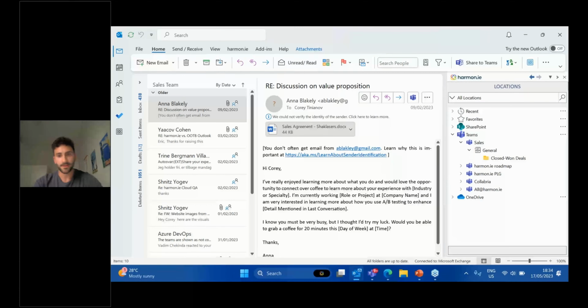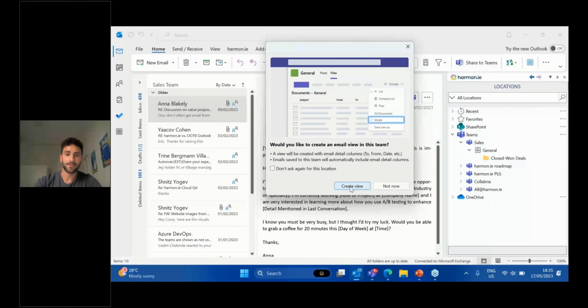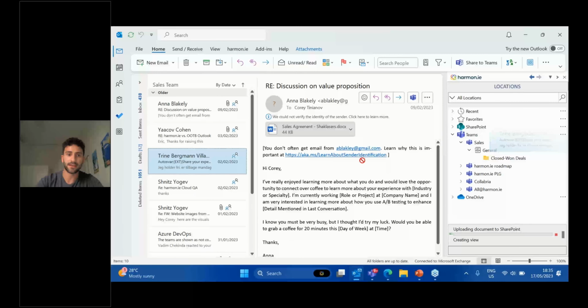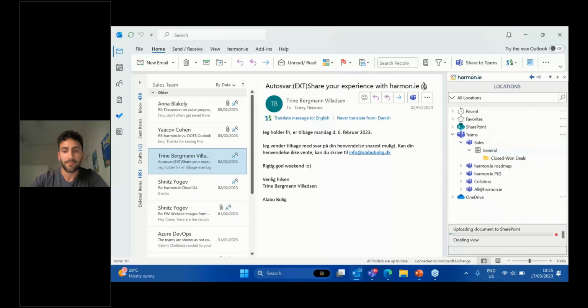Another thing we're doing with Harmony is making it really easy to apply that metadata and apply those information management mechanisms without the user having to lift a finger. So the email view that I showed earlier in Teams, instead of a user having to fill out that information, with Harmony, you can simply drag and drop an email into any location. You'll be prompted to create an email view the first time. And if you create that view, any email that you save into that location will automatically have the email metadata